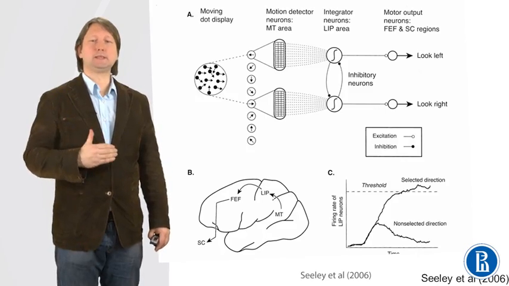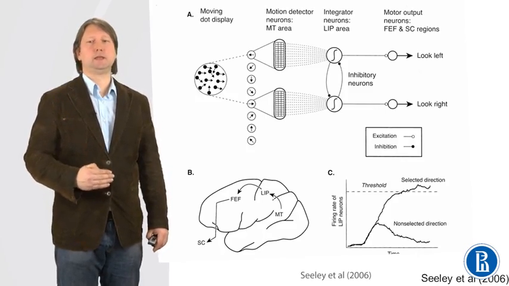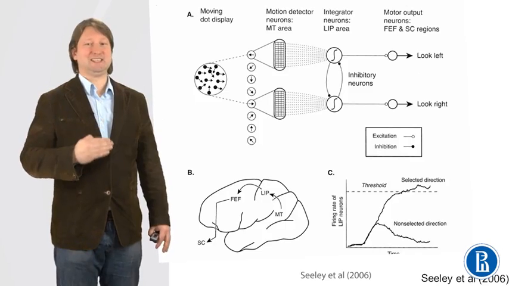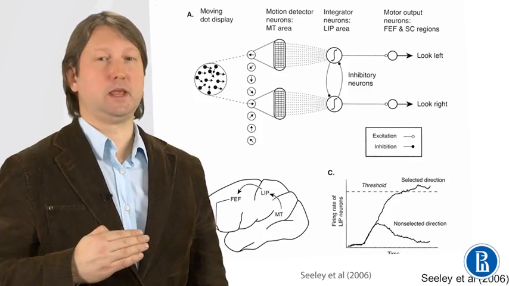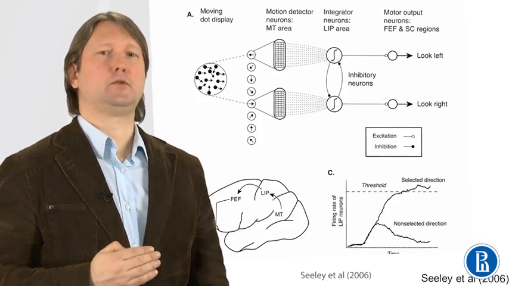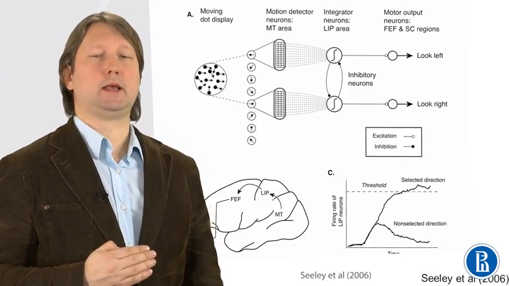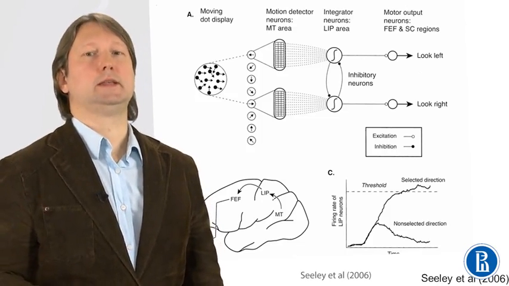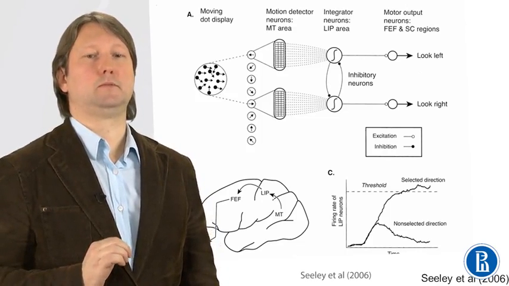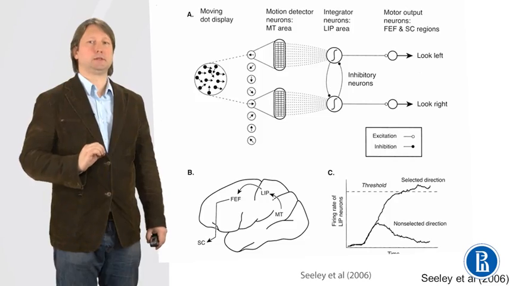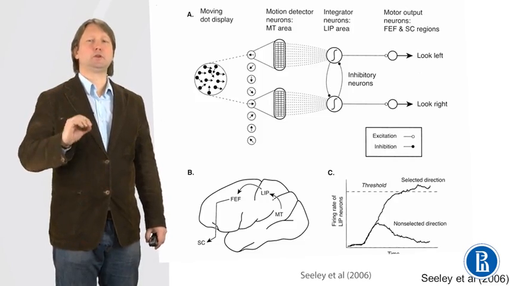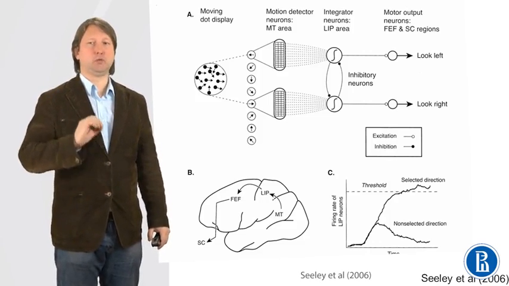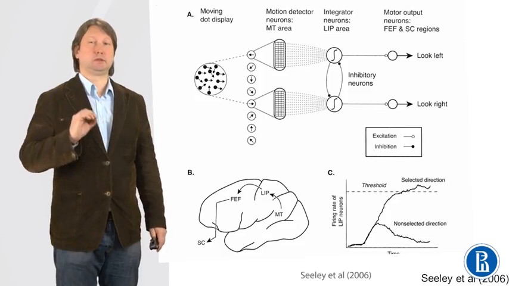So we can split this process into a few stages. First, the information about the evidence for alternatives is detected in the sensory area MT. Next, this information is accumulated in the area LIP, and finally this information goes to the motor area that triggers the motor response. So the decision-making neurons in the area LIP have to reach a certain threshold to finalize the decision and to activate the motor neurons that actually produce the behavior.